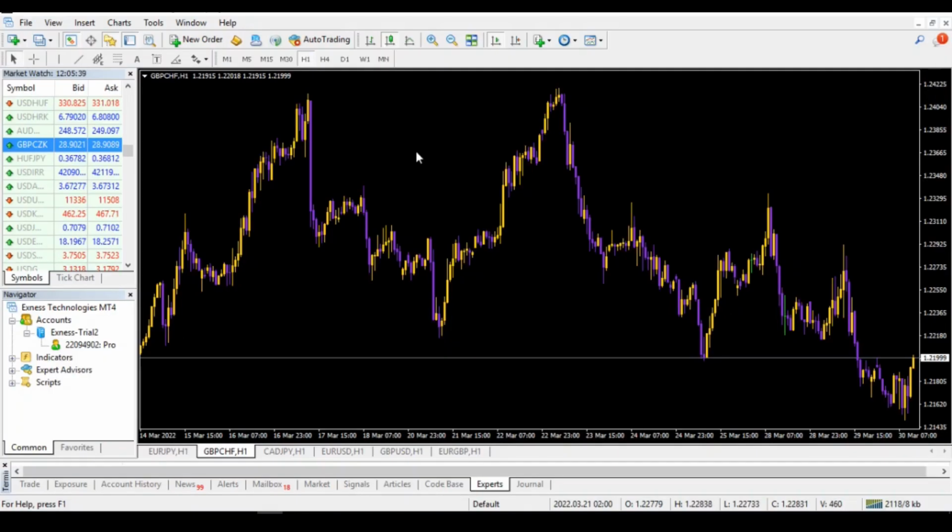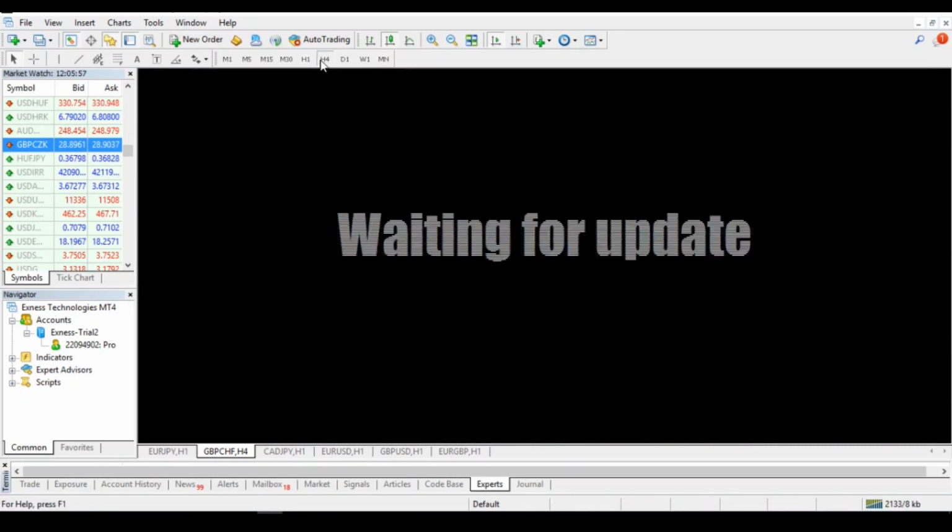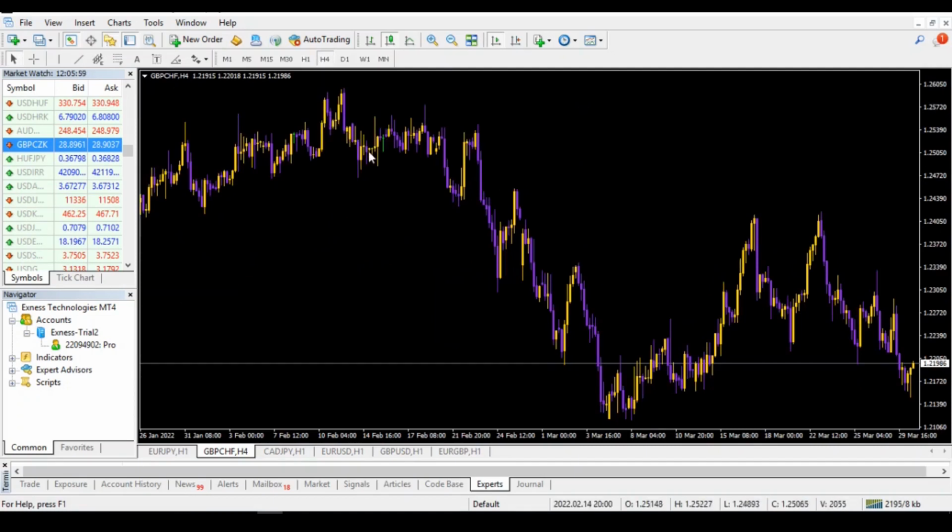You can also change the time frame. The time frame is simply the period it takes for the formation of every candlestick on the chart. So if you select the 1 hour time frame, it means each candlestick represents the price action within a 1 hour period. 4 hour time frame means that each candlestick on the chart represents the price action within a period